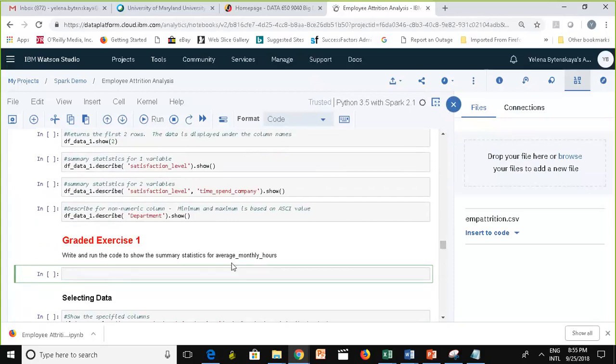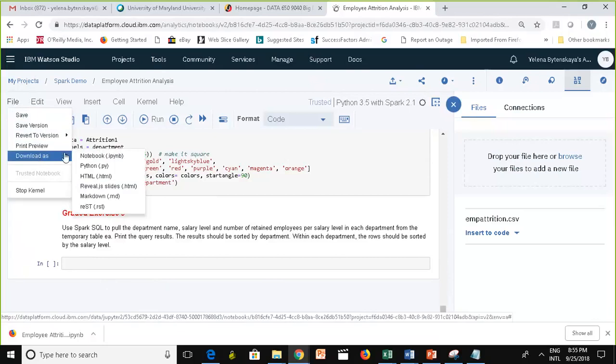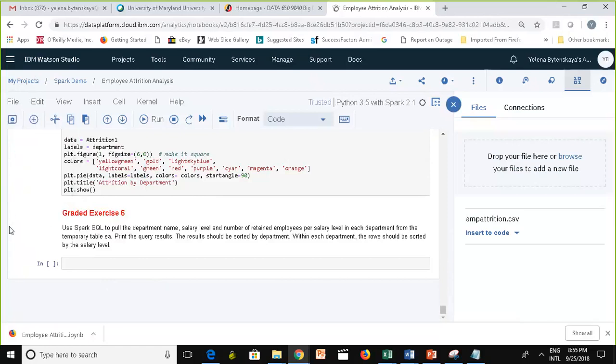And then you need to run the code and make sure that in the notebook that you turn in for grade, there is code here and then there is a code output underneath, right? So when you're done, there are 6 exercises. When you're done, this is what you'll do: you're going to go File, download, and you're going to download it as an HTML file, all right? So you're going to submit this HTML file, and you're going to submit the answer sheet, and on the answer sheet, you're going to answer all the multiple choice questions.